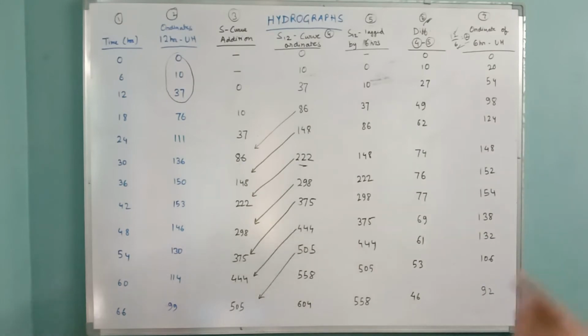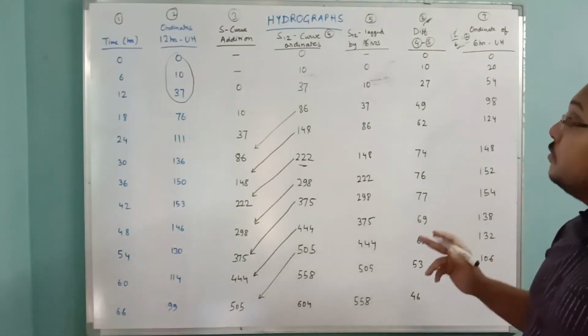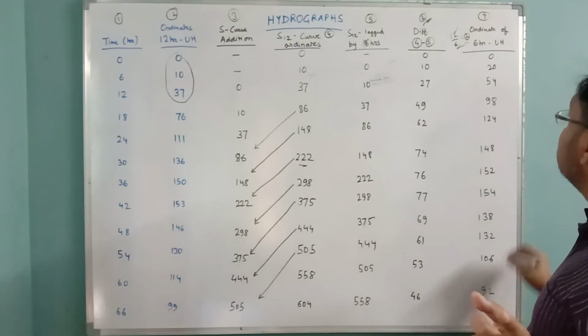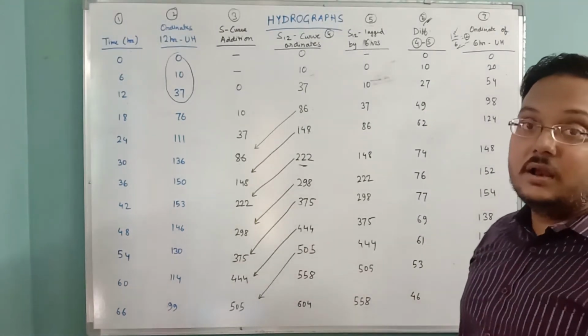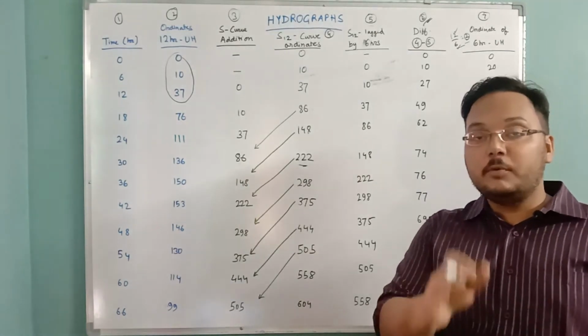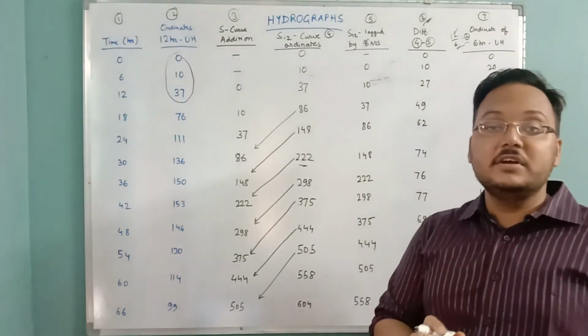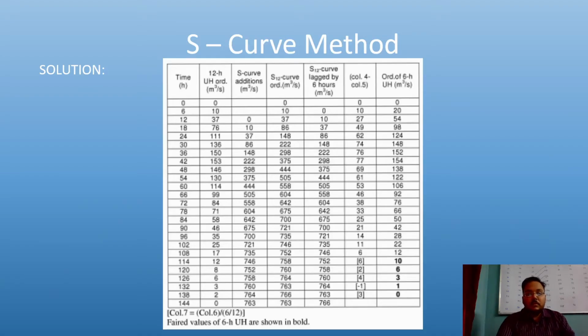So I would again request you to pause the video and continue the calculation of this seventh column until the 144th hour. Pause the video, do this one, and the solutions will be shown to you right here now. Okay, so here is the solution for the question which we have solved, and you can check the values. These are the calculations which have been done until the 144th hour.